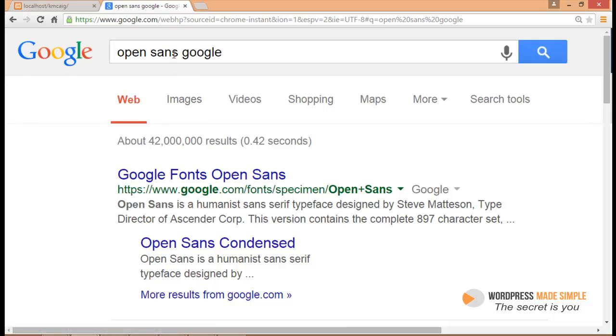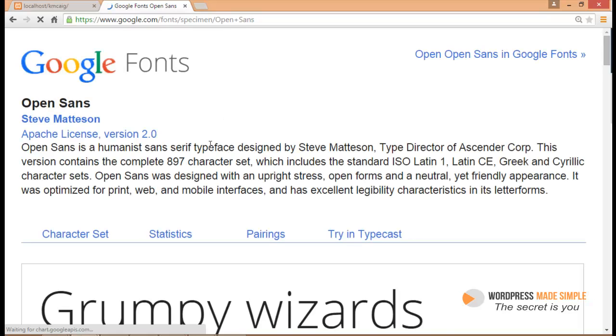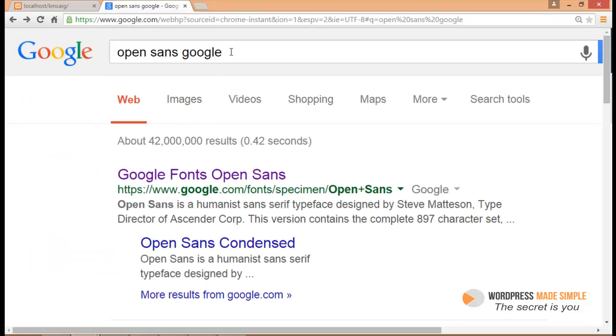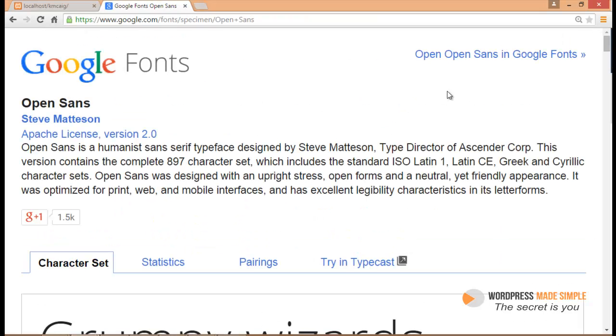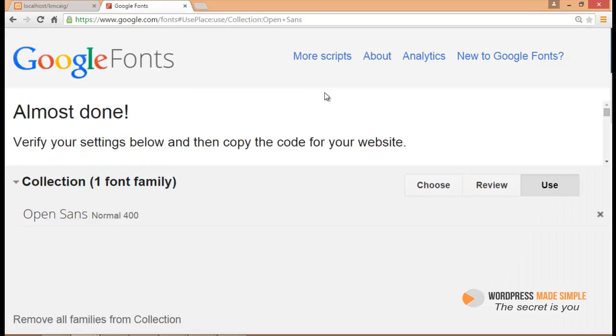Or you can type in the font that you're looking for. Sometimes Google may not have the font that's available for you, but I know that Google has Open Sans. So I'm going to click on Google Fonts, Open Sans, and you can see I did a Google search for Open Sans Google, and this is where it brought me. Then I go to the Google website, and then I click on Open, and then from here,